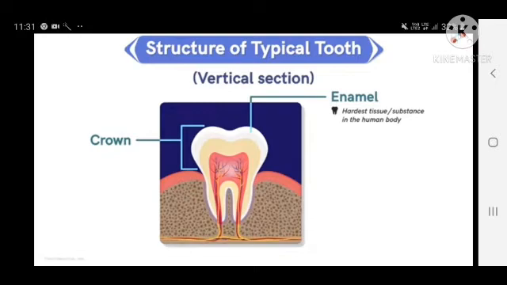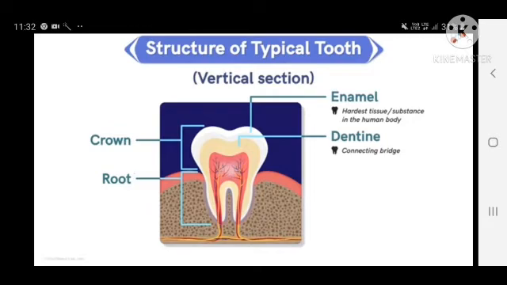Now, the part of the tooth that is above the gums, which is visible, is called the crown, and it is covered by a very hard material called enamel. So, it is the hardest tissue in our body also. So, remember the hardest tissue. If someone asks you what is the hardest material in the body, mostly we will answer bones, but enamel is stronger than the bones. So this enamel is this white part, you can see it is covering the crown.